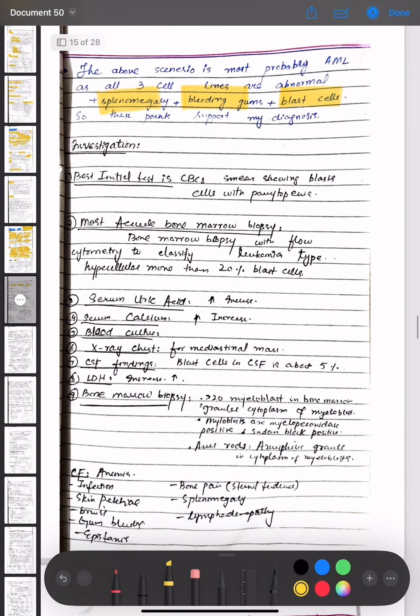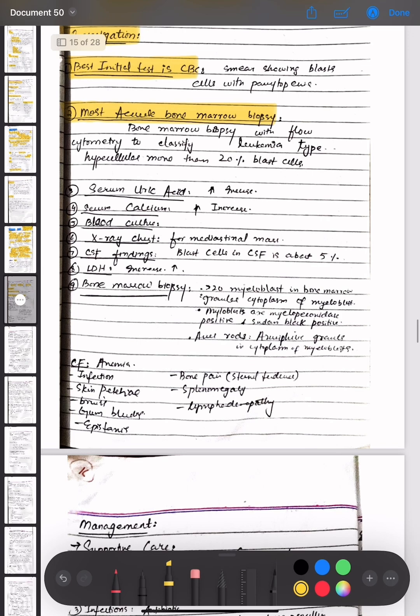The investigation options for AML are: the best initial test is CBC, with smear showing blast cells with pancytopenia. Then the most accurate is bone marrow biopsy with flow cytometry to classify the leukemia type, showing hypercellular marrow with more than 20% blast cells. Serum uric acid is increased, serum calcium is increased, blood culture is done, and X-ray chest is done for mediastinal mass. CSF findings show blast cells in CSF of about 5%. LDH is increased, and bone marrow biopsy shows more than 20% myeloblasts in the bone marrow with granular cytoplasm of the